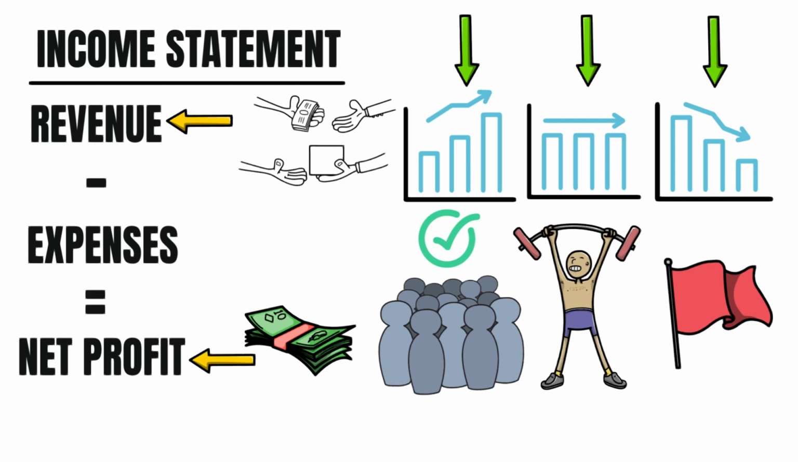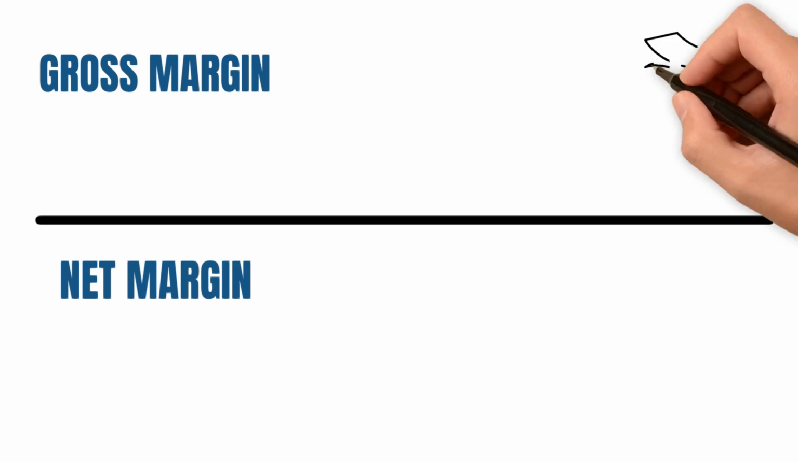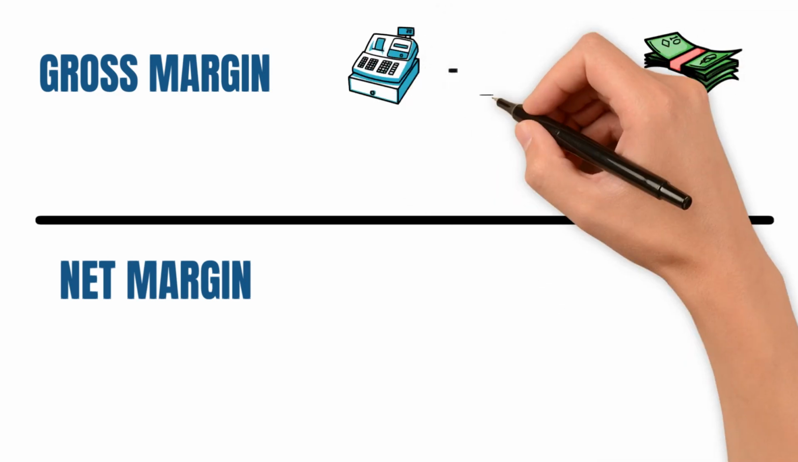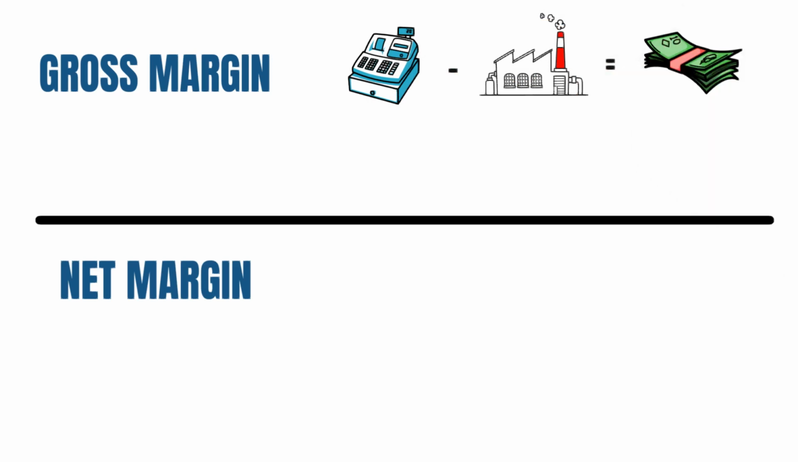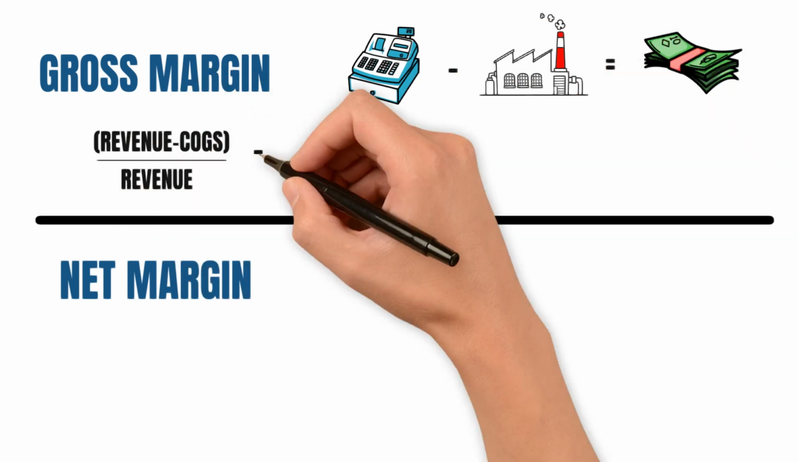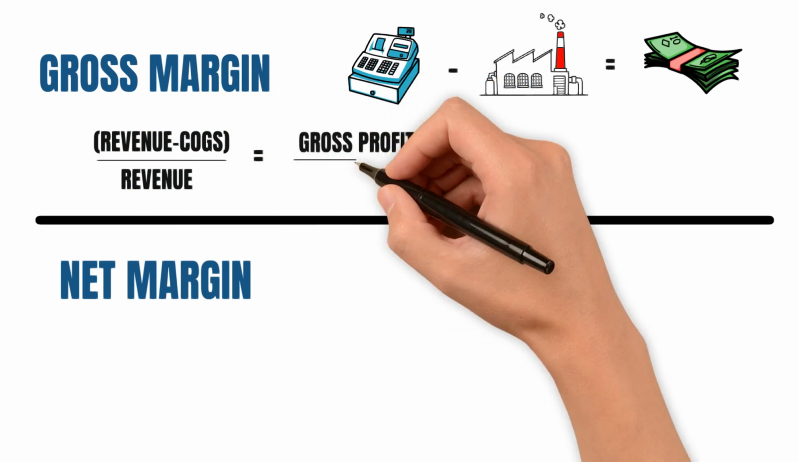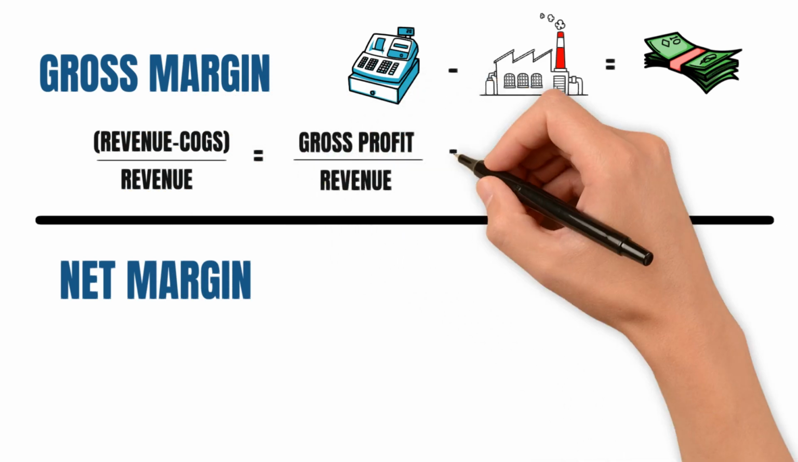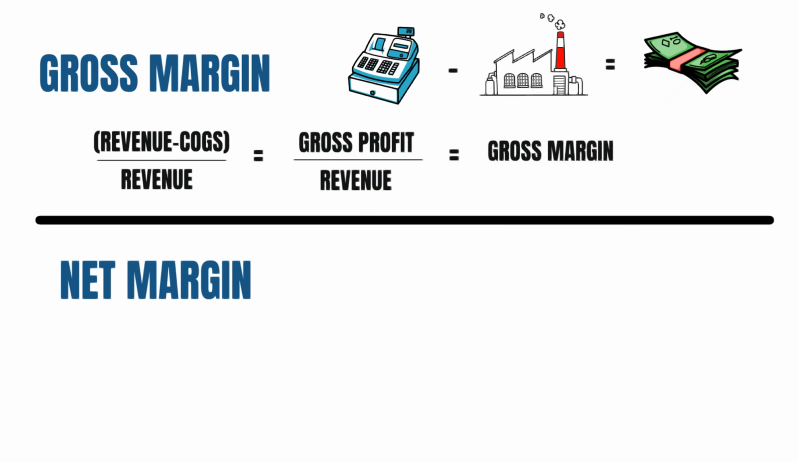Two important metrics to consider when evaluating a company's financial health are the gross margin and net margin. The gross margin tells you how much profit a company makes after accounting for the cost of producing its goods or services. It's calculated by subtracting the cost of goods sold from the revenue, which gives you the gross profit, and then dividing this by the revenue. A higher gross margin means that the company is more profitable and has more money to cover its other expenses. Personally, I like to find companies with a gross margin of more than 40% so I know the company has